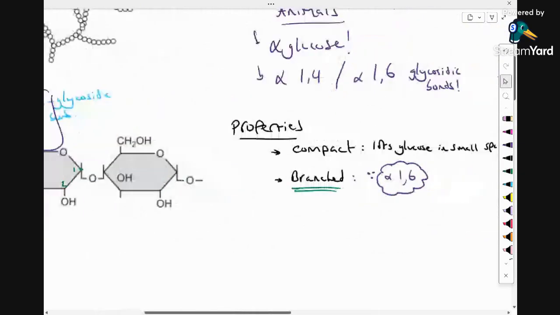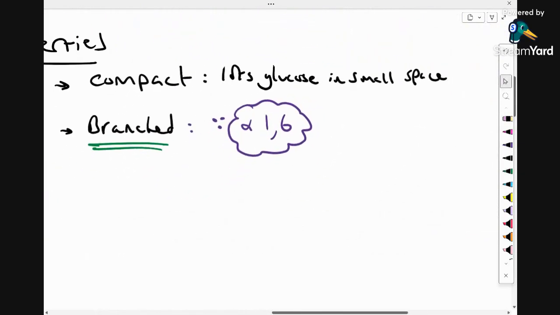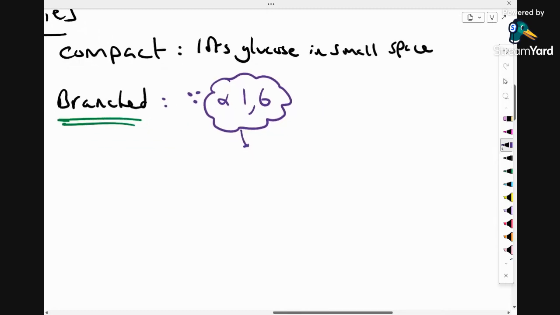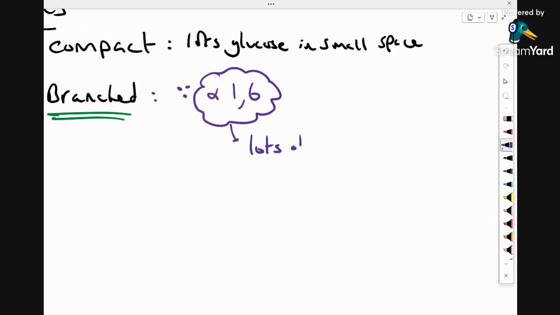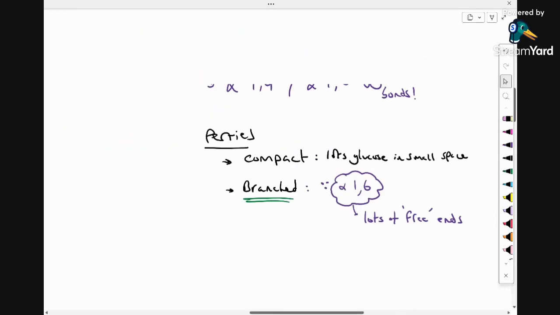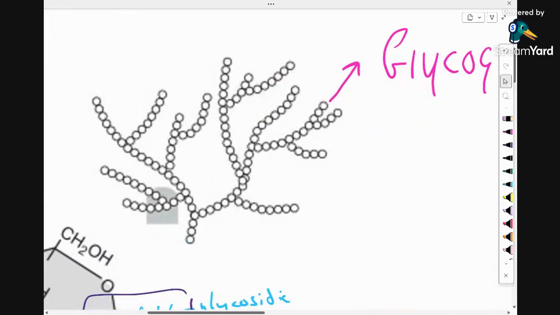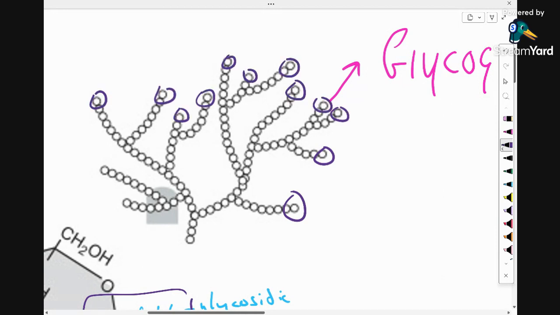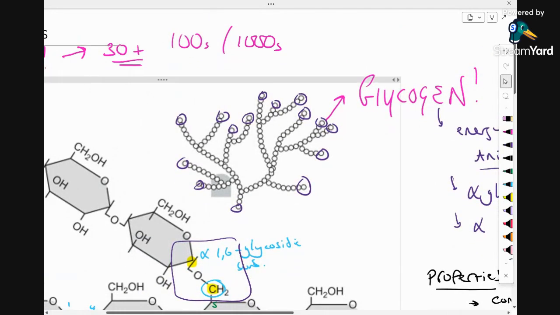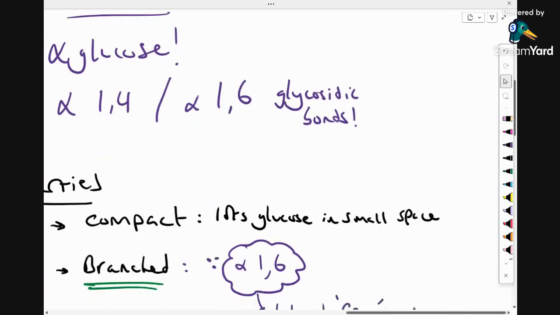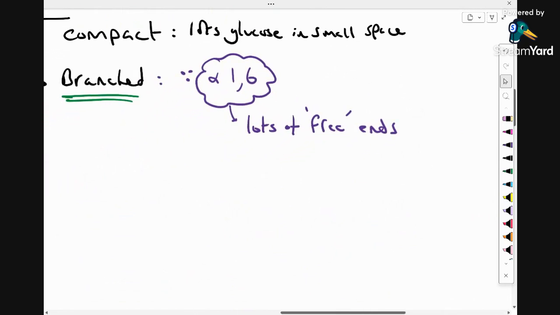What that means is you can have lots of free ends, which you can see here. We've got an end here, here, here, here, all the way along the molecule wherever we've got branching going on. Lots of free ends, as opposed to if we just had linear chains, we couldn't have as many ends. This is important because your enzymes